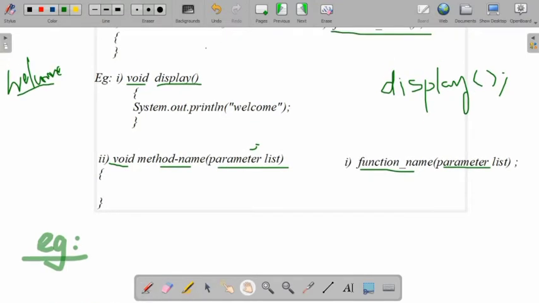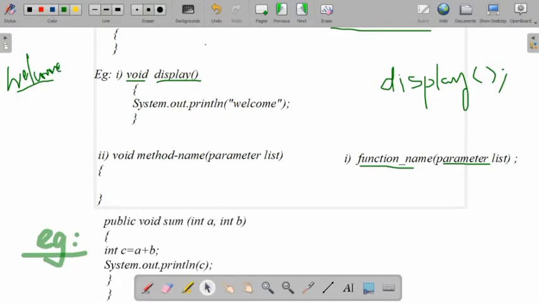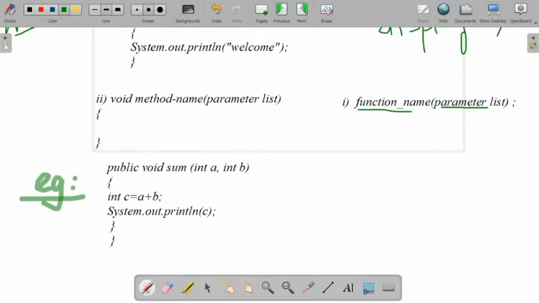Here I need to define a method by passing two integer parameters and print the sum of those two integers in the method itself. That is the question. So how will you write it? Let's check how to write. Here, public is an access specifier. It is not compulsory. You can write public void, where void is the return type because there is no value to return. We are passing two arguments, integer a and integer b.